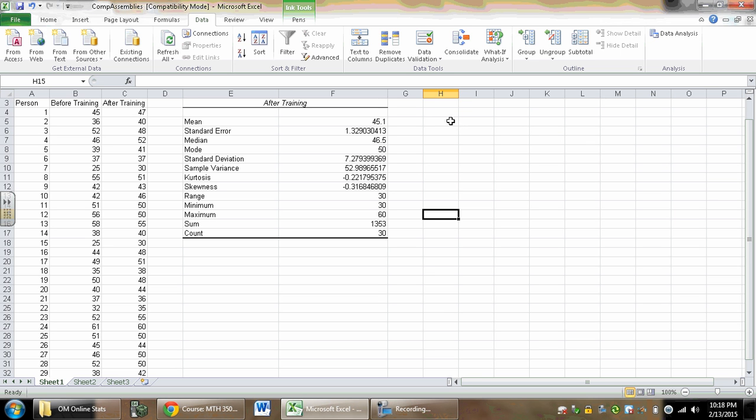So I'm going to cancel out of here, and I'm going to do this after training. Now, when I look at this data, I probably want to know something about it. So the minimum value was 30, the maximum value was 60. So when I go to do my bins,